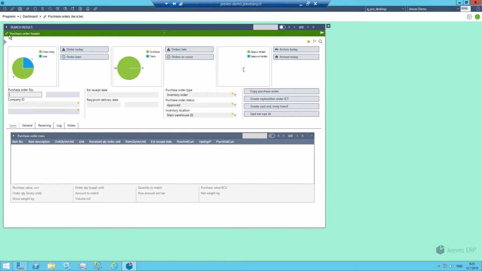At this point, you will see many fields in this program, and we will start and fill the estimated received date to this field. Please remember to check that you write the date right. And after that, we will write the request / promised delivery date to this field, and please also check that the date is right.